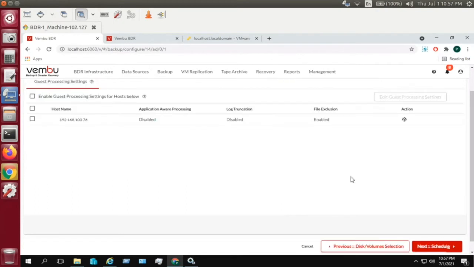So on the next, here is my guest processing. So if I am running any applications, it's generally for bigger machines. For example, if you are running any applications or server machines, if you are running any Microsoft applications, then you can go with this enable guest processing setting. So when you enable it,